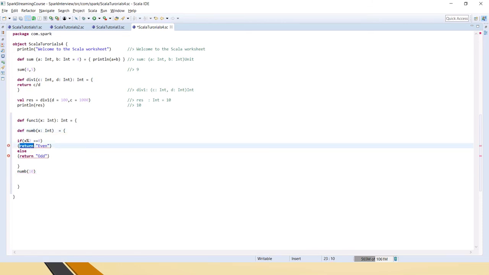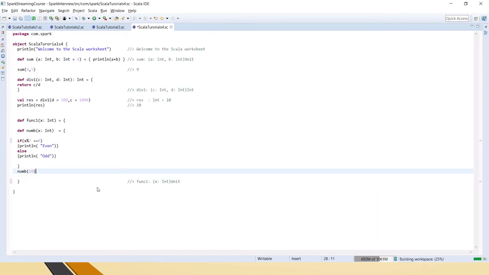We'll print this, okay, instead, so that it will consider that as unit. We should call this function outside. So this is ending here.